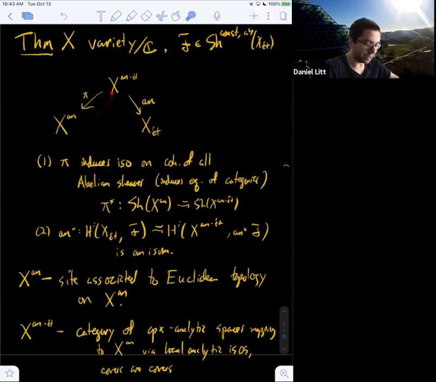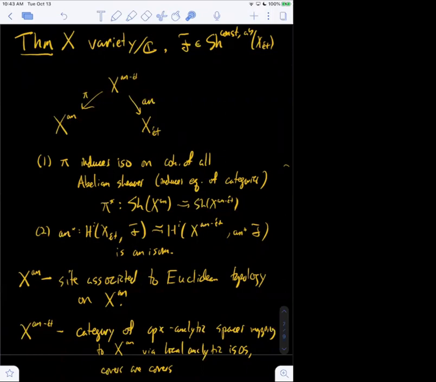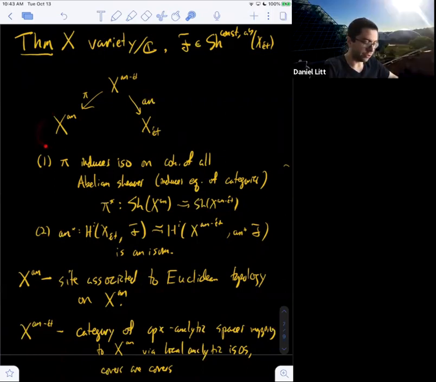All right, so can anyone tell me, what is this natural map pi between Xn and Xn étale? Every open thing is a local analytic isomorphism. Yeah, exactly right. So a map of sites is a functor going the other way, and we just say if we have an open subset of X, the inclusion is a local analytic isomorphism. So there's just an inclusion of categories here. Okay, and then what is this map, this functor? Well, you take a variety, an étale morphism to X, and you analytify it. You take the associated complex analytic space. All right. Are there any questions about that?